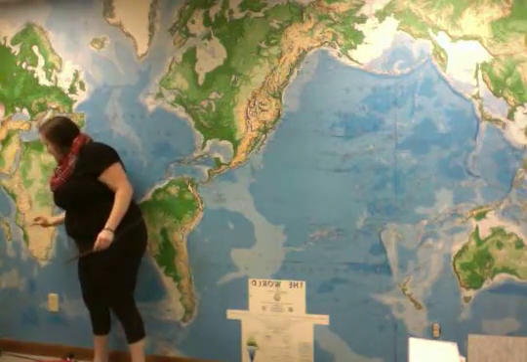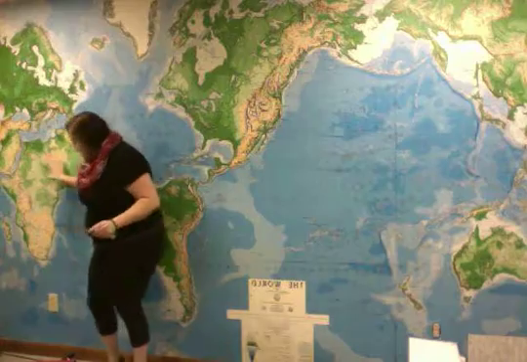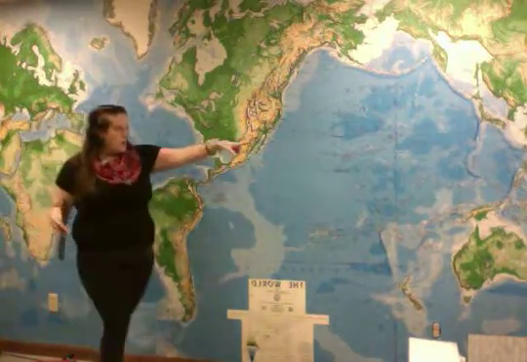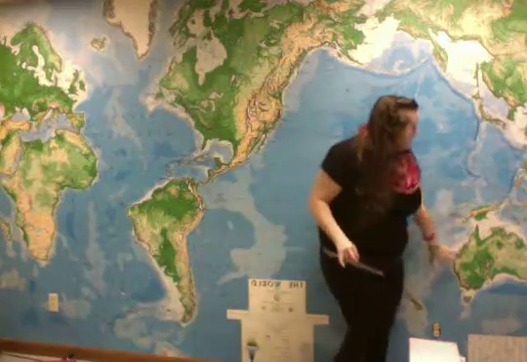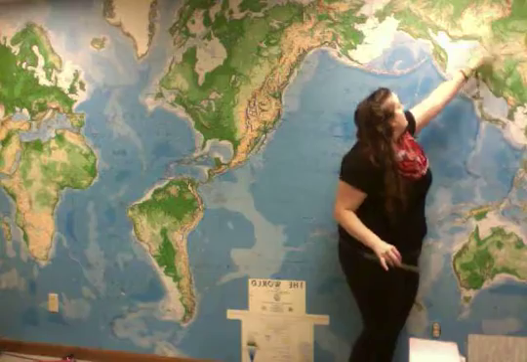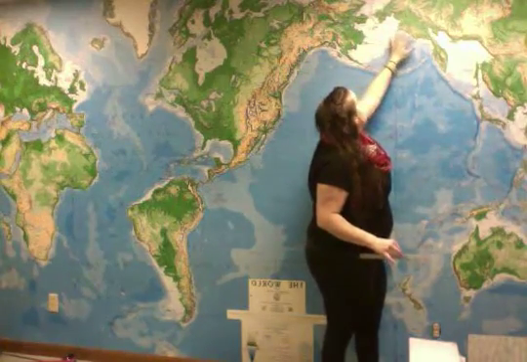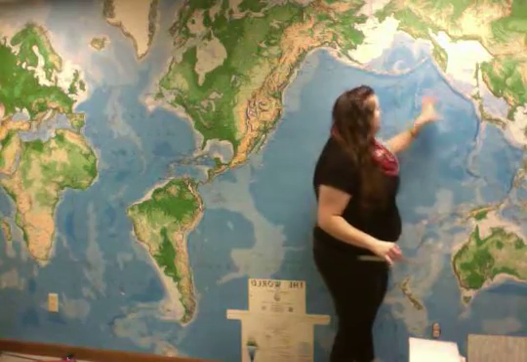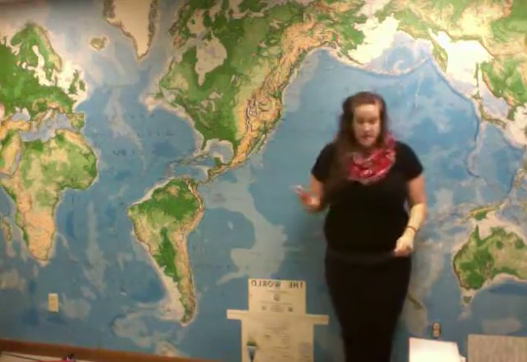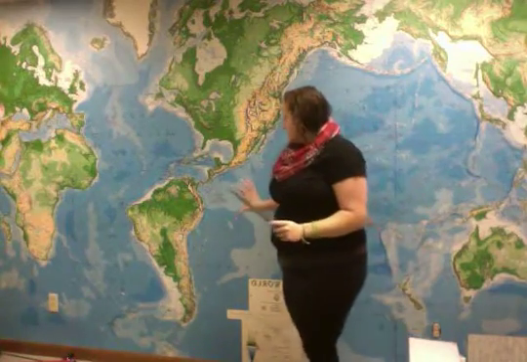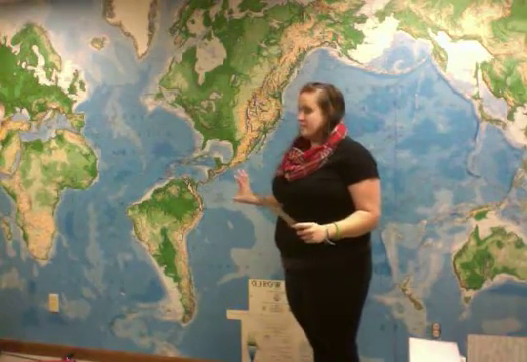So over here, we have Europe, and we have Asia, and then we have all of Africa here, and India falls over here, and then it wraps back around all the way over here. We have Australia, China is here, and then we have Russia that carries all over here. Based on these different land masses and continents, can anybody see where these different masses would have formed into each other?